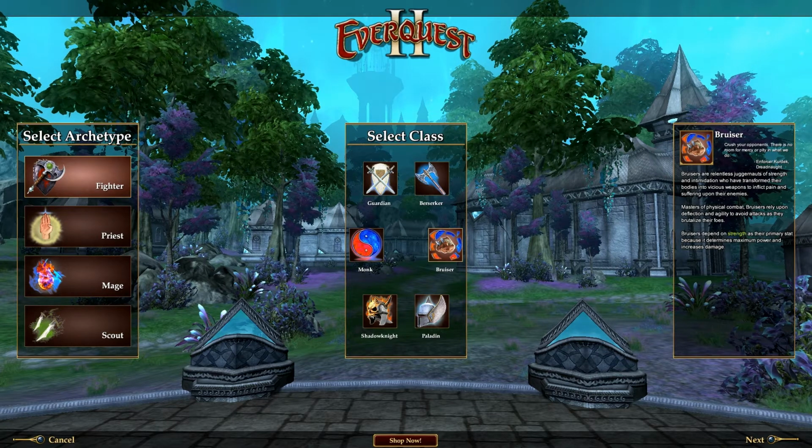So Bruisers are basically the same thing as monks, the same thing as Guardians and Berserkers and Shadow Knights and Paladins. They're basically different variations upon the same theme. They do pretty much the same thing that monks do, but they will get a few different spells that kind of push them in a different direction. Like with Guardians, they're more towards soul tanking. That's all they do is really tank, and they don't do a lot of damage. Berserkers will do a little bit more damage, but they can still tank quite well. Again, with the Shadow Knights and Paladins, you got...